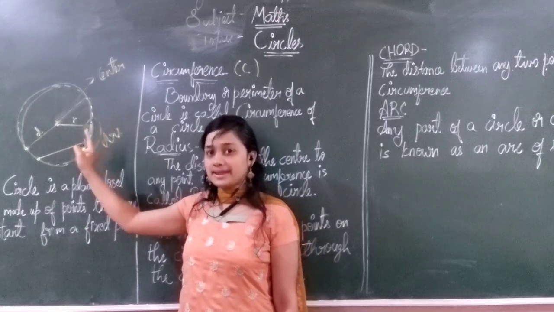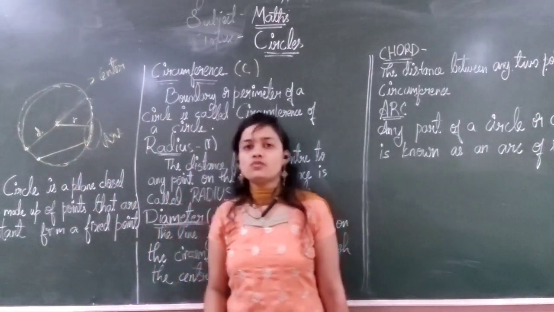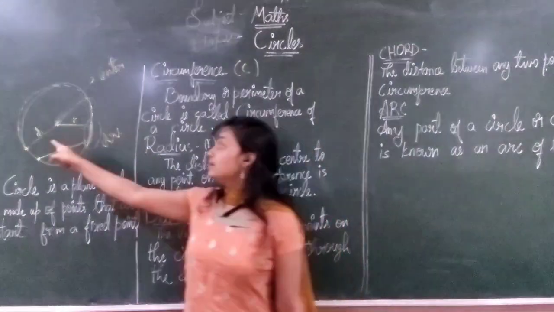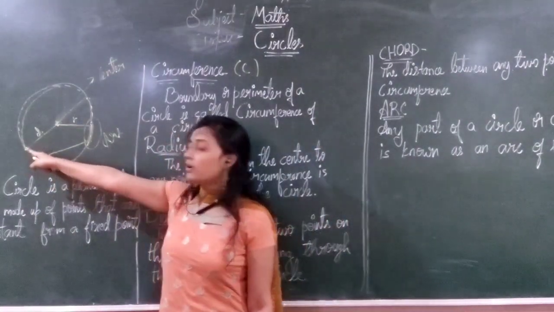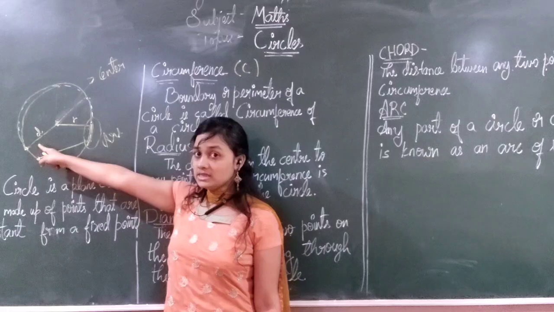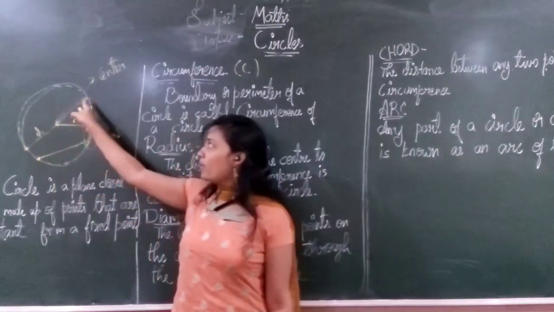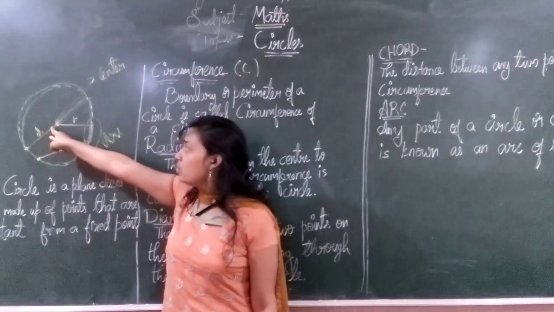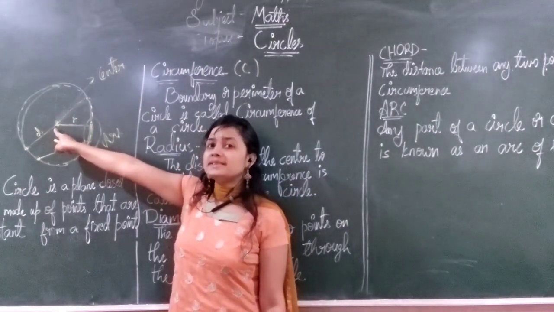That is radius. Next we go for diameter. Diameter is the distance, or you can say the line joining 2 points of the circumference and also passing through the center